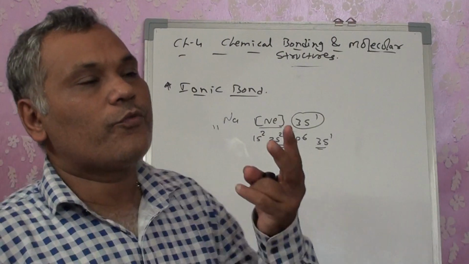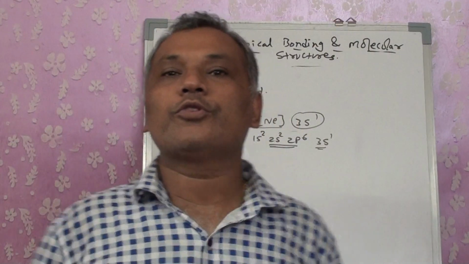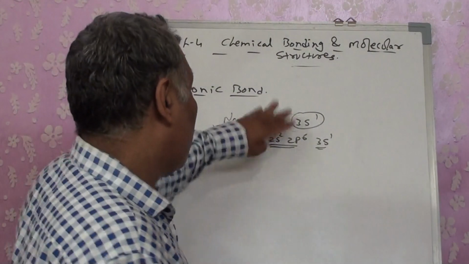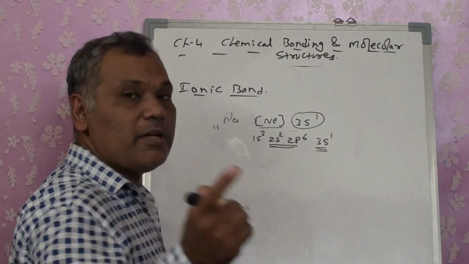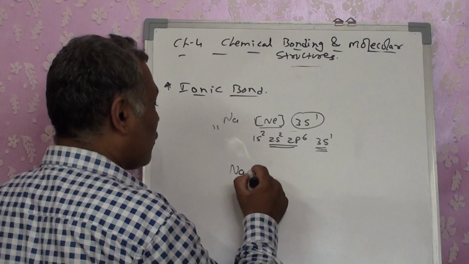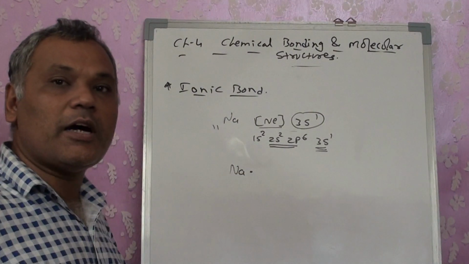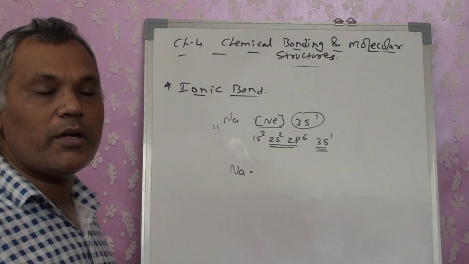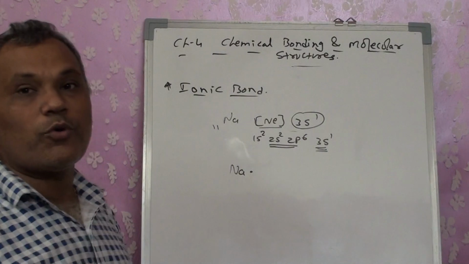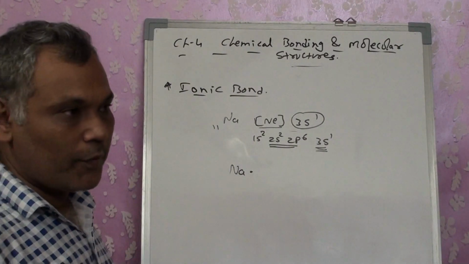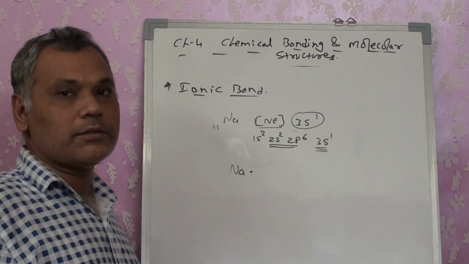When covalent bond formation takes place, the sharing of electrons has to be done from the outermost orbit. Now this has an outermost orbit of only 3s, with only 1 electron in it. Even if it wants to complete its octet, it can't share 7 electrons. How can it? As a result, these compounds do not go for sharing. Now why does it go for ionization?